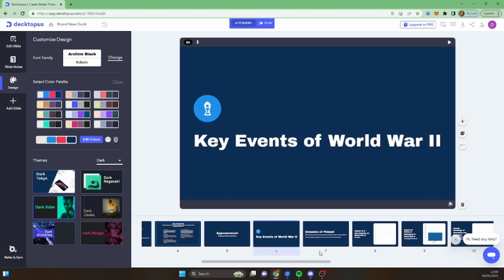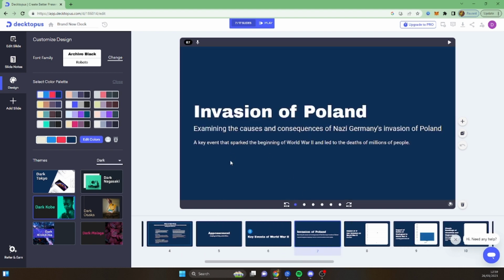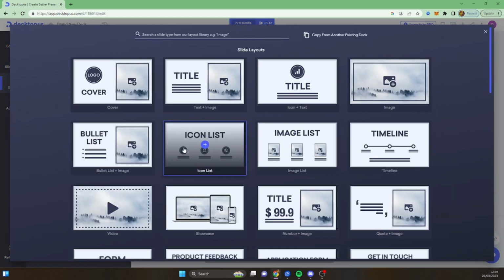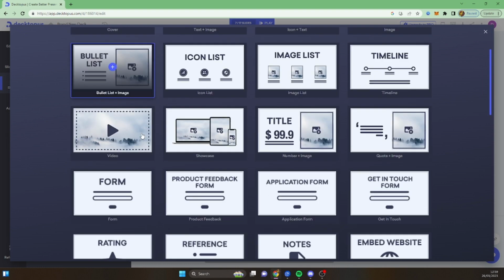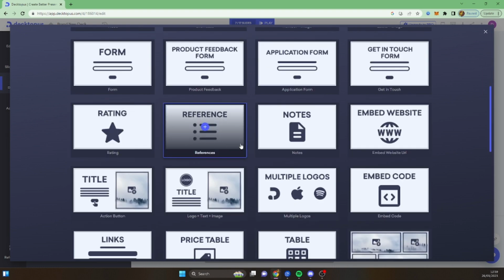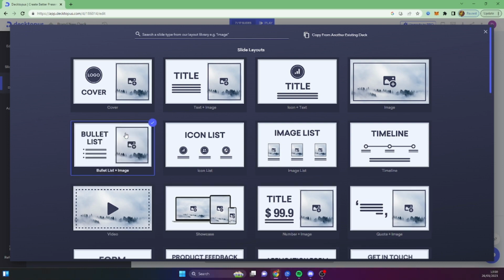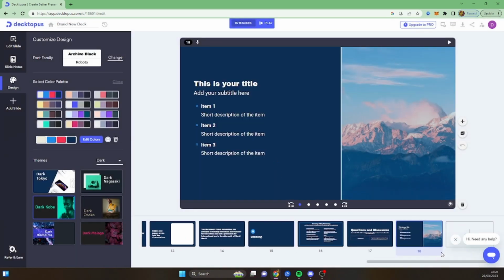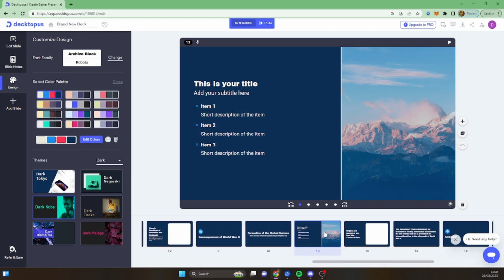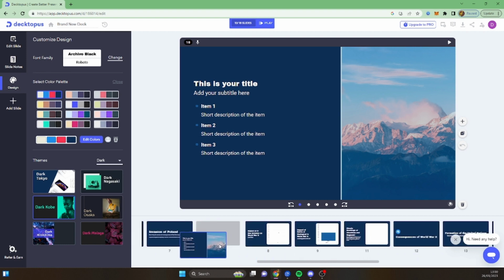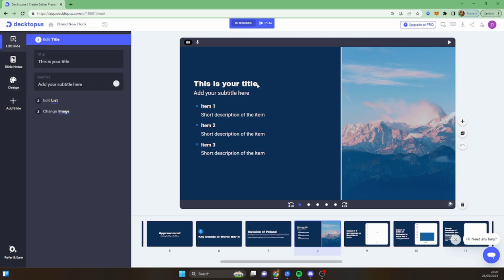So key events like here after invasion of Poland, you can just add a slide, right? And you can see there are a lot of different slide designs you can add in. So maybe I just want like a bulleted list with an image. So that gets added in. Let me add that in the place I want it to be in. So if there's an invasion of Poland, right? So this is your title. I can talk about,